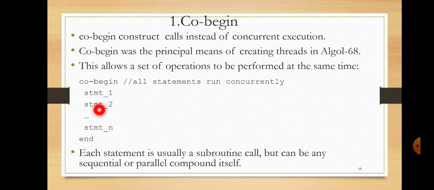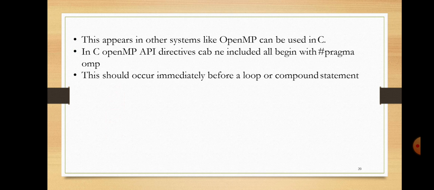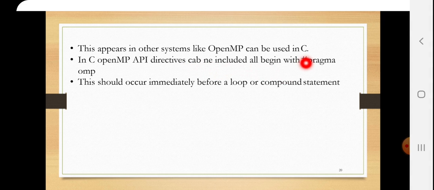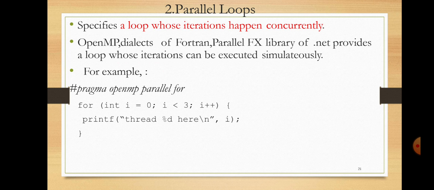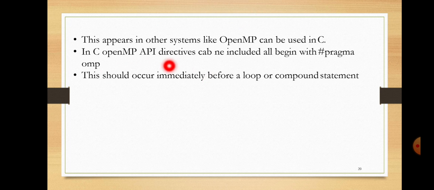So by executing these co-begin statements, n threads, because here we may have n statements, will be created for the parallel execution of these n statements. This appears in other systems like OpenMP. It can be used in C. In C, OpenMP API directives begin with pragma omp. So in the case of C language,